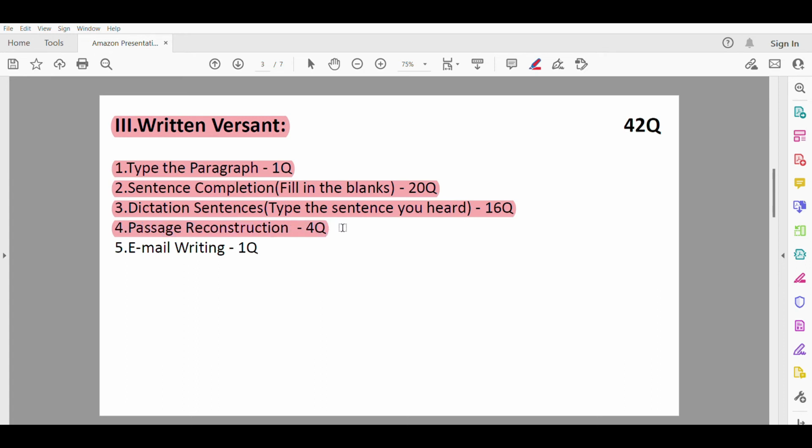In this passage reconstruction, you will hear one story, and you will be given 1 minute to analyze your answer, and you have to type it in within 2 minutes. So this is also the same, but story rewriting. You will hear a story about some situation or some incident. You have to type the total of what you heard in your own words, and it comprises a total of 4 questions. Okay, next the fifth task topic will be email writing.